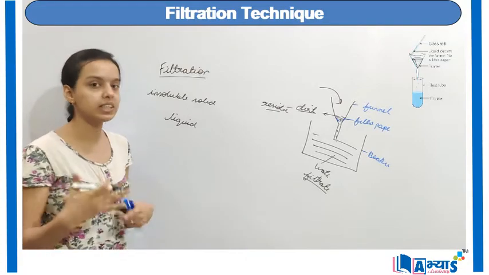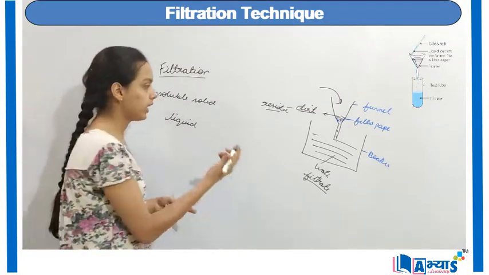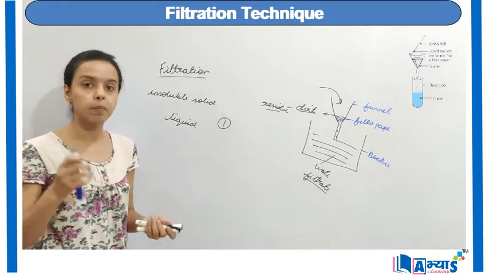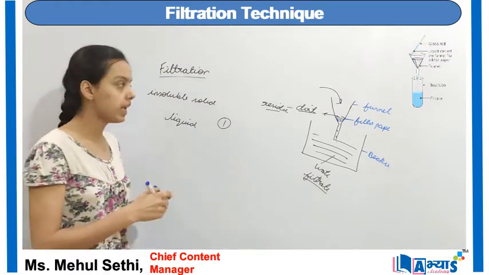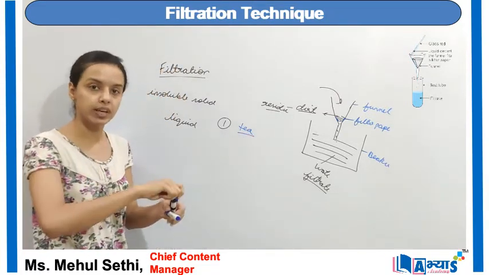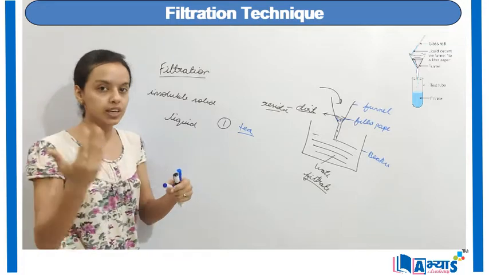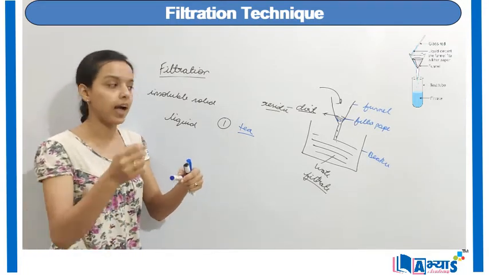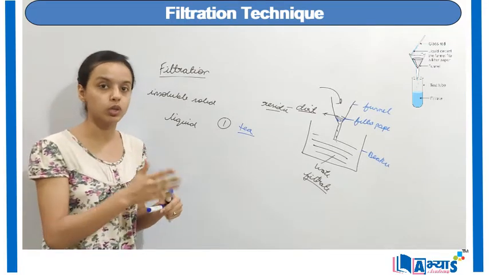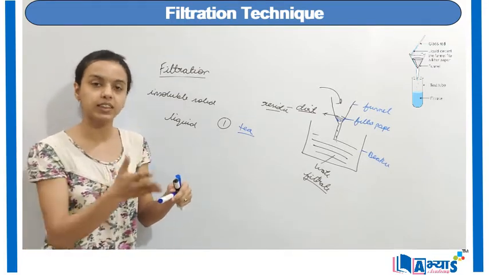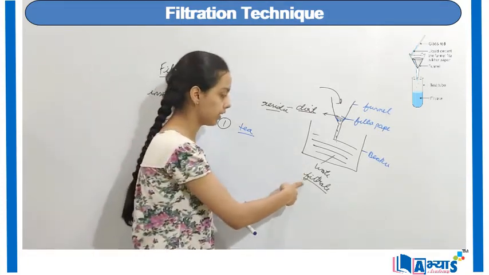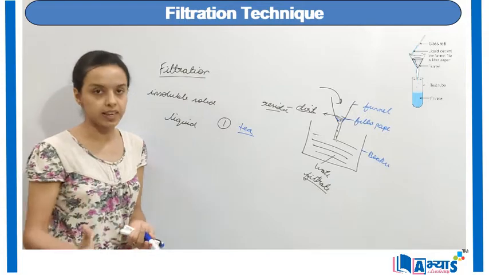You can also have various examples of filtration. In your homes also you can find various examples. The first and best example of filtration in your homes is while preparing tea. When you are preparing tea, you actually strain the tea. So the tea, because it is in the liquid state, will come at the bottom, and the tea leaves, because they are solid particles and insoluble also, won't pass through the filter and will remain at the top. Hence the liquid tea is known as the filtrate, and the tea leaves are known as the residue.